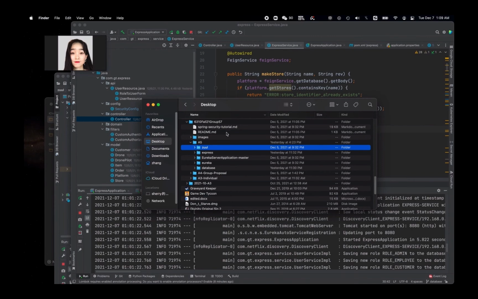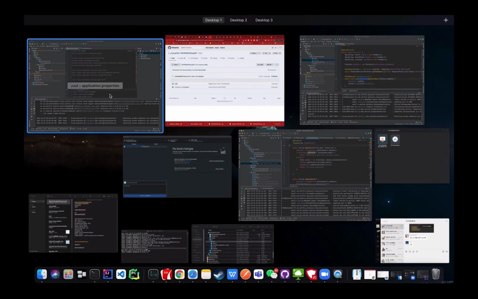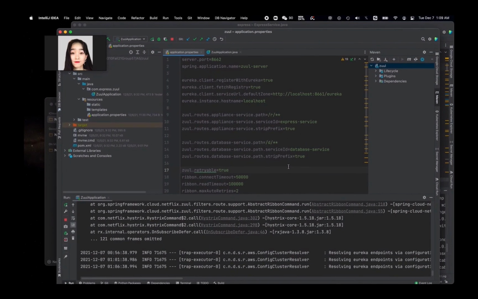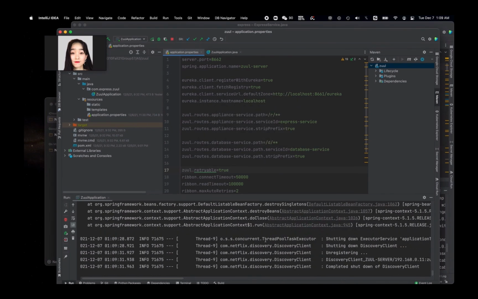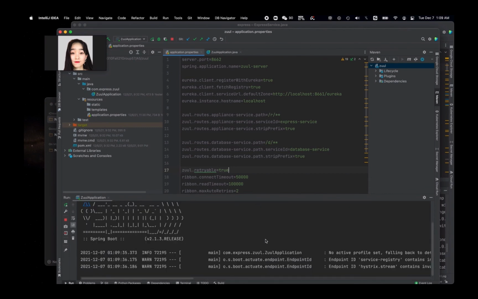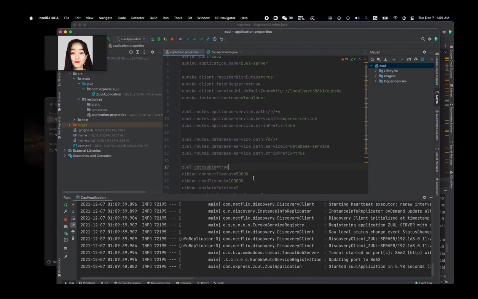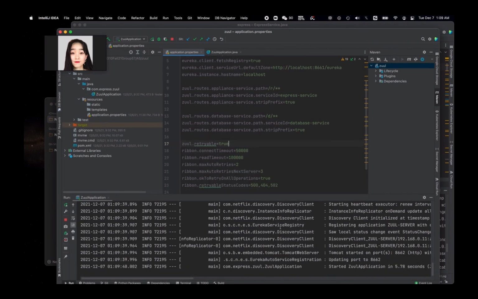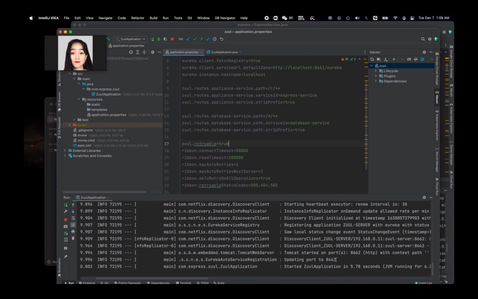The Zuul service is on 8662, and it's going to go to Eureka and look for the service here, and we need to use add R as a resource. So for example,